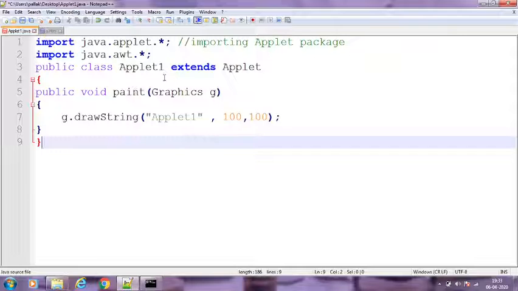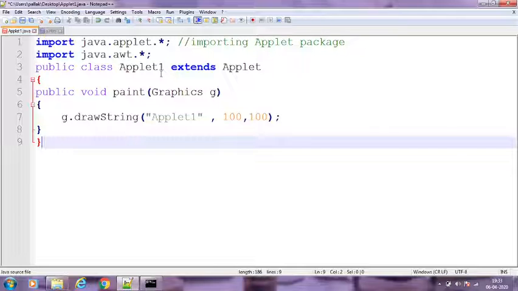Like the start, stop, destroy, or init methods that we saw in the life cycle of an applet, the paint method is also automatically called by the web browser to display the applet window to the user, right?